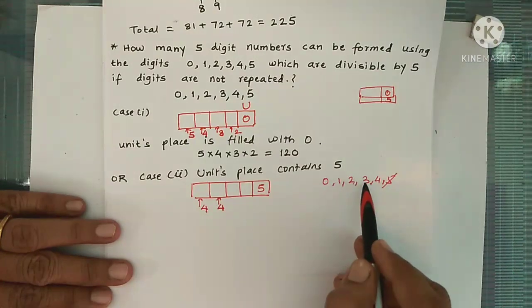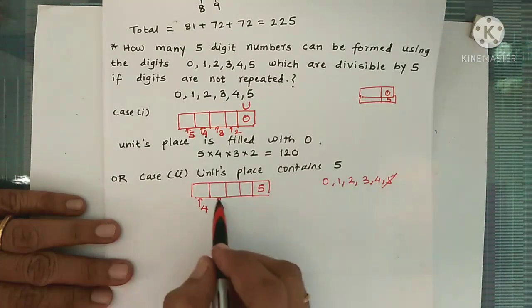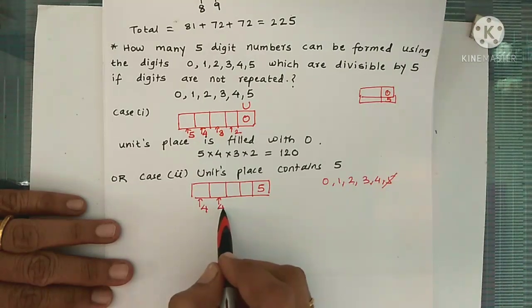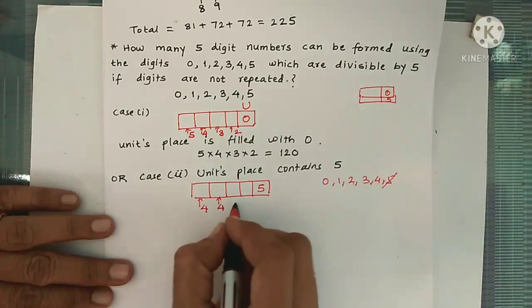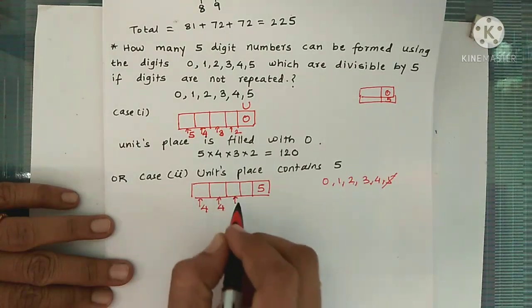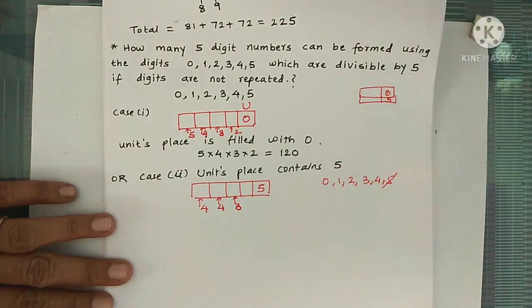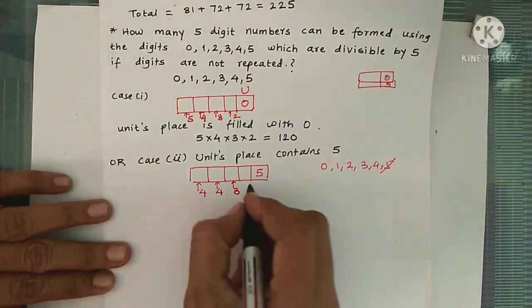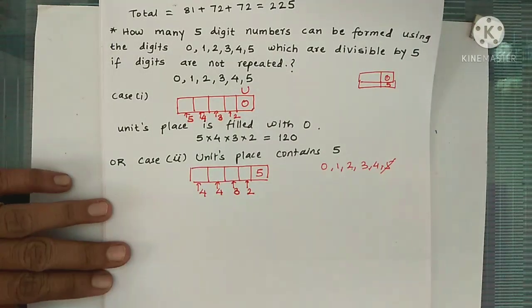Now for the second place we can use 0. So we have 3 non-zero digits plus 0. So we have 4 choices for the second place. So in 4 ways we can select a digit for the second place. For the next place, from these 4 digits, 1 digit is used, so we have to subtract 1 from it. So for the next one it is 3, and for the next one 2 digits are available, so it can be filled in 2 ways.